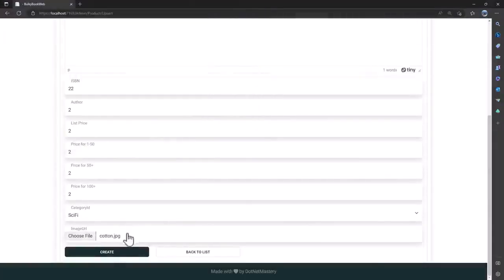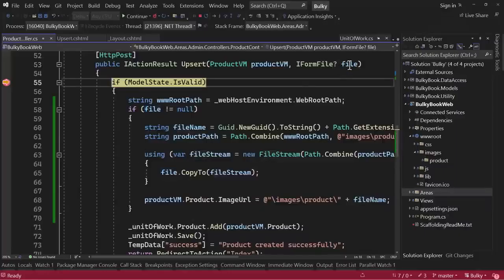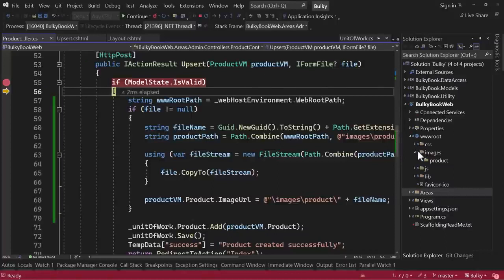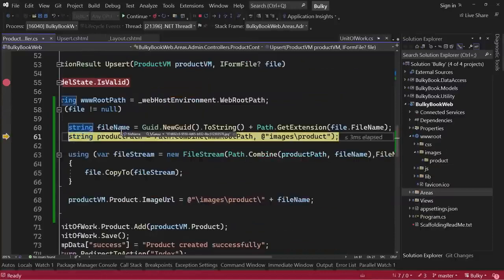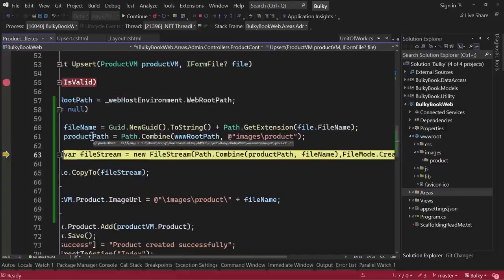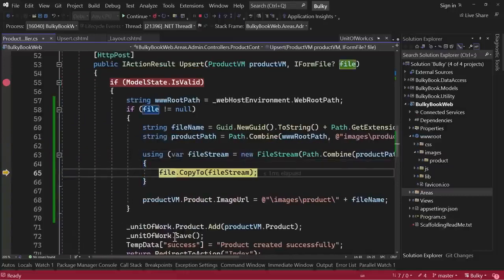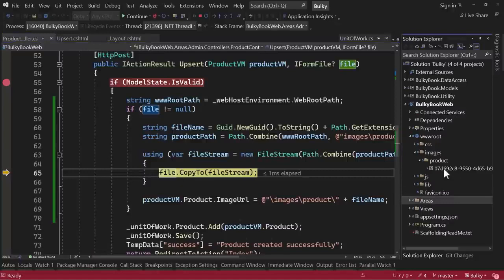Let me select image again, hit the create button, and perfect. File came through this time. Let me debug and also show you the product being populated in the folder. File is not null. We get the new file name with the extension. Product path here. That looks good. File stream. Now once we execute this copy to the folder here with product, you can see it already has